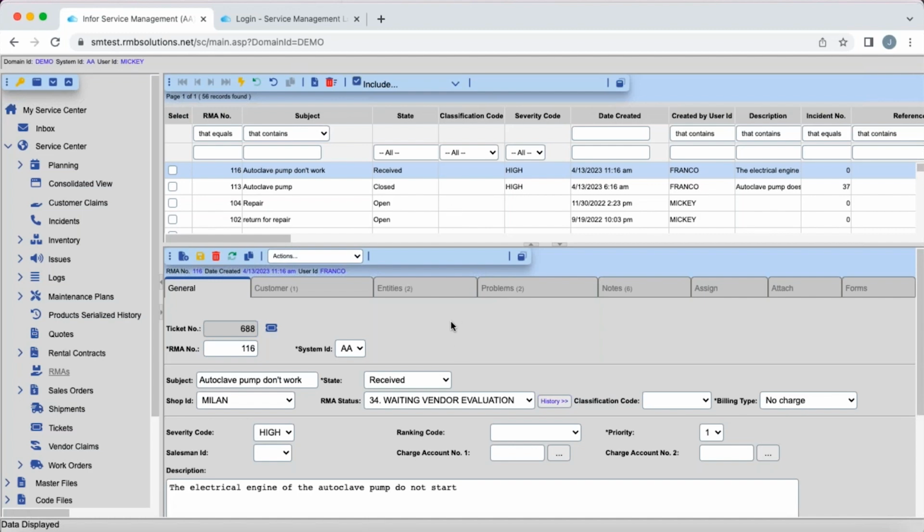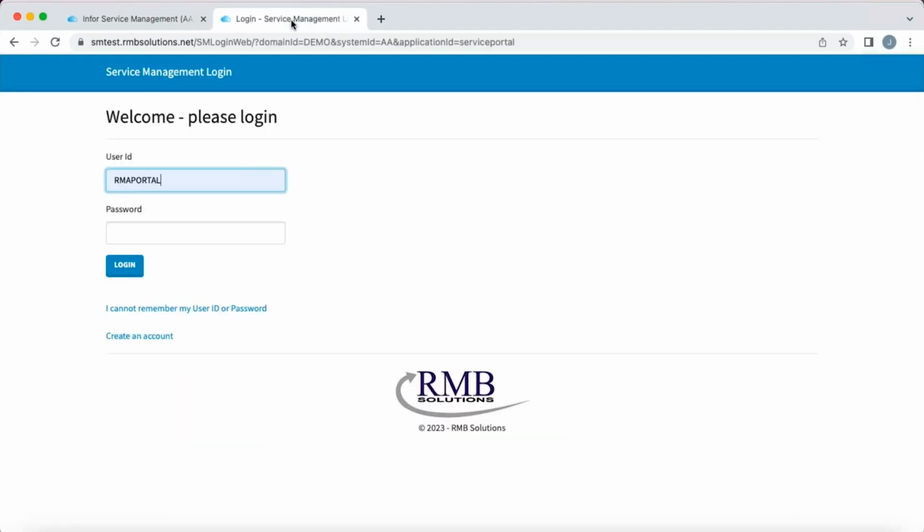Okay, so how does a customer get to the RMA portal? They simply log into the RMA portal. This can be provided as a login for you, or they can simply create an account on any device that they have. This can work on a phone, a laptop, wherever they're at, and they just create a login to create their RMAs. I'm going to log in,